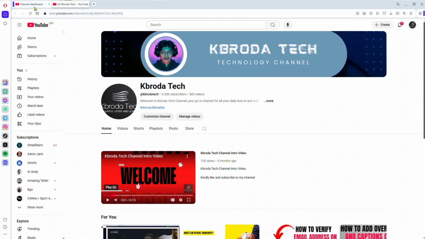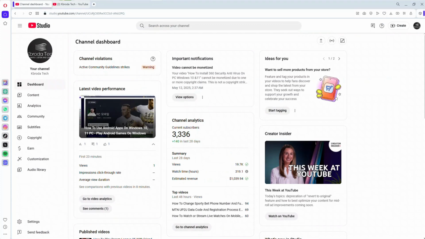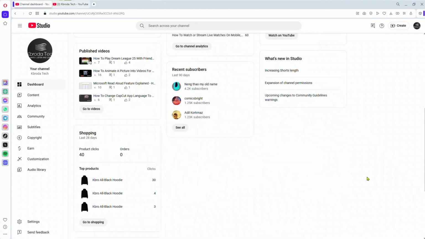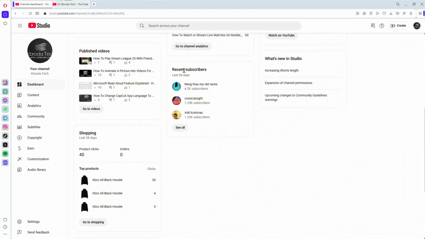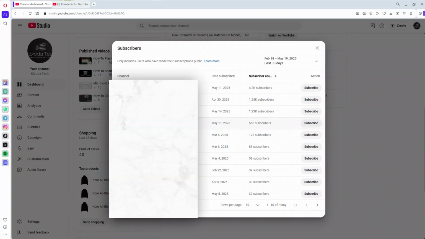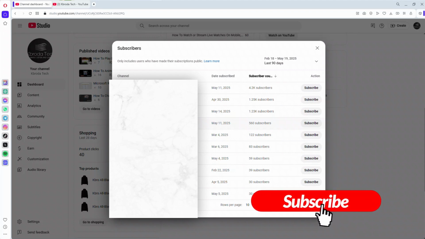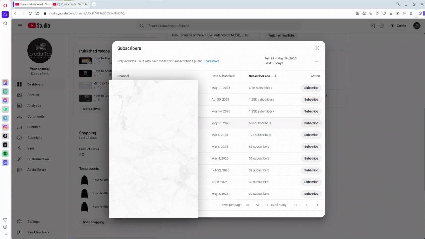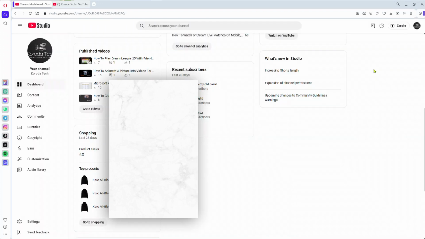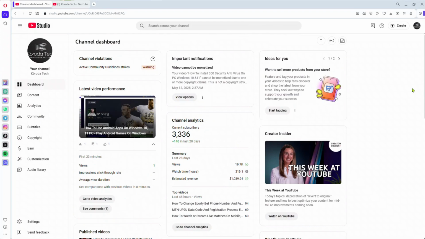The first option is when you want to check your subscribers if you are on a PC. So you just move to your studio like this and then scroll down here. You can see recent subscribers. So the subscribers you're going to see here are people that have turned their subscriptions on public. If it's private, you can't see them, but then they will subscribe to your channel, something like that. So all these people have turned their subscription to public. You can see here. So that's it on how you can check the subscriptions of your channel